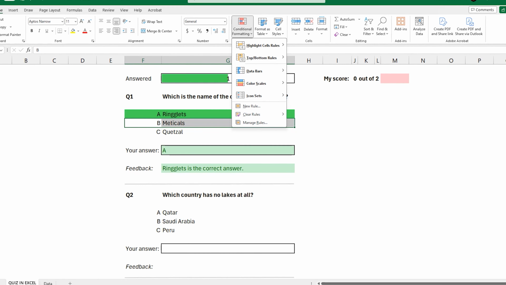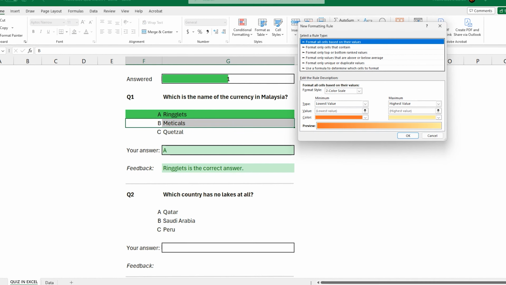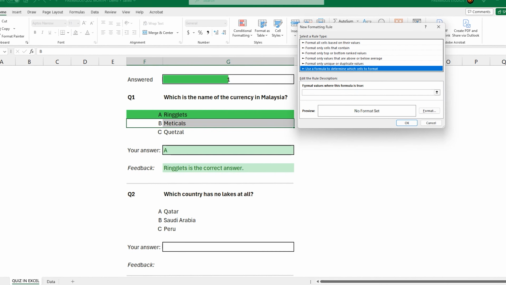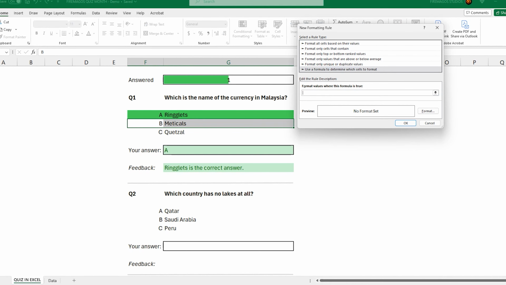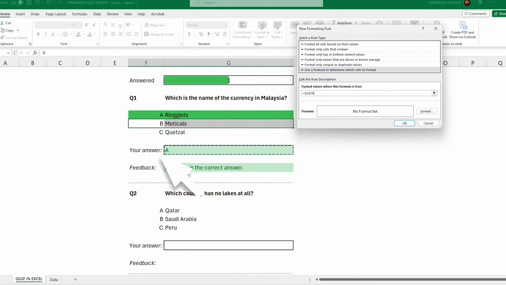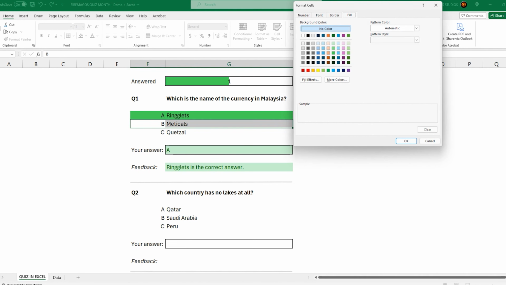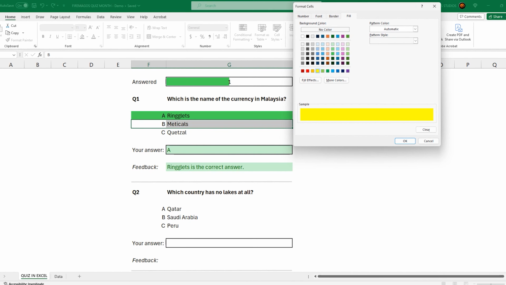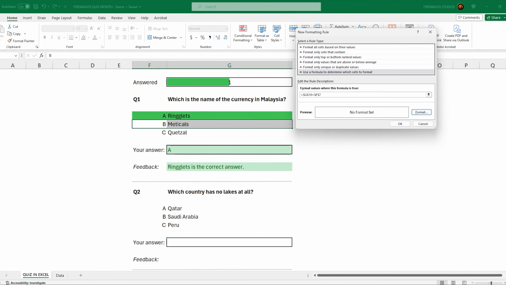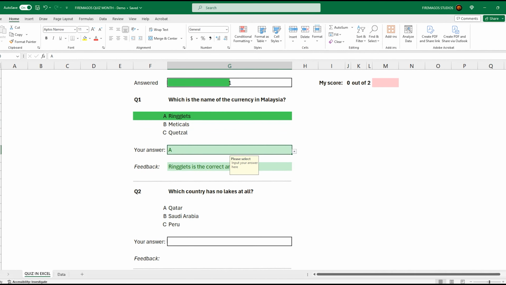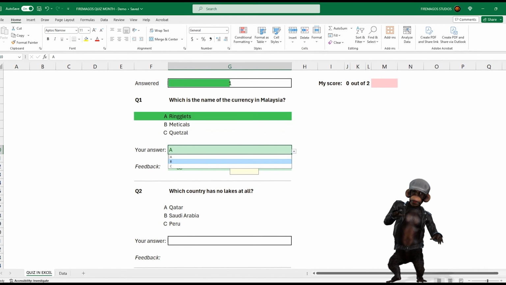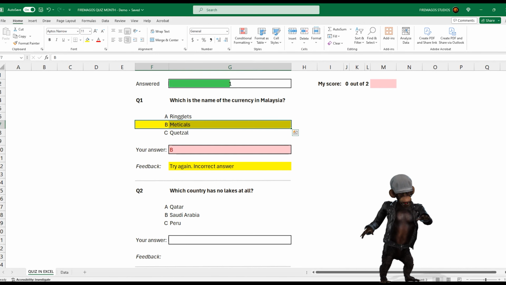Again, to do conditional formatting, choose new rule based on formula, the last option. Then say if this equals this, and choose a format, yellow or whatever color you want. What will happen is we will have a result just like we have here.